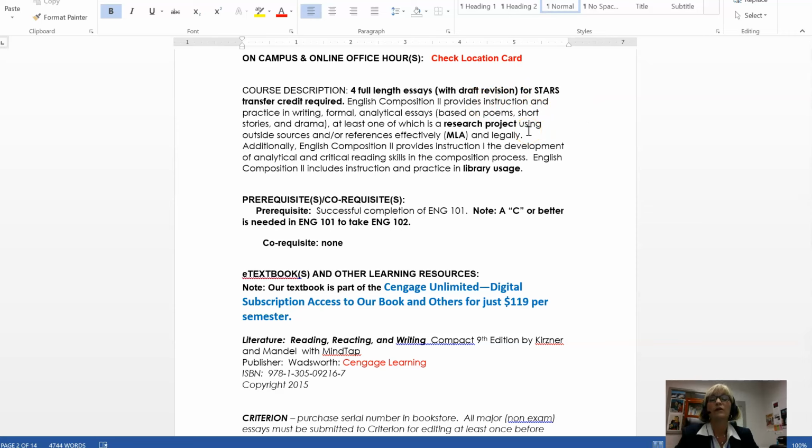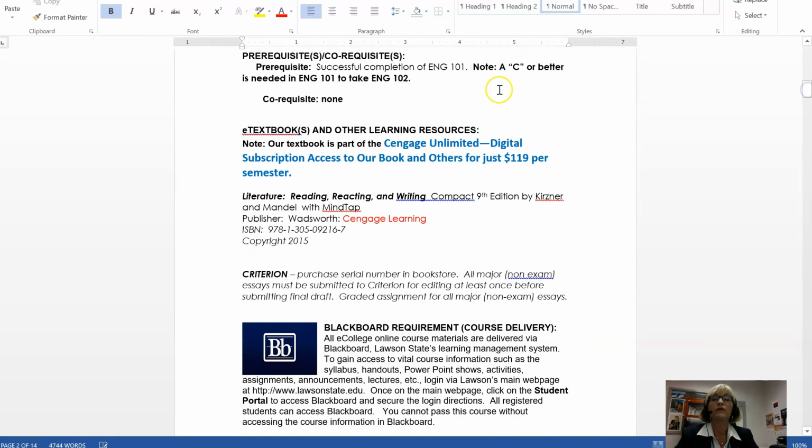So we have a lot of grades based on drafts and revisions, and we'll look at the distribution of that shortly. But it's analytical writing, it's formal writing, it's based on literature, things like poems, short stories, dramas, and we have to include a research project, a research paper using certain kinds of outside sources, and that come from our library. You'll get more instruction about that, but that's so that it will transfer. To get into the course, you had to have a C or better in English 101,